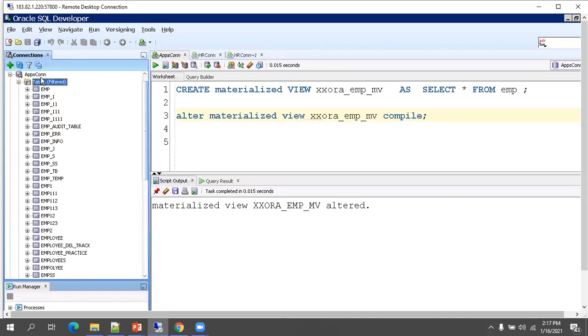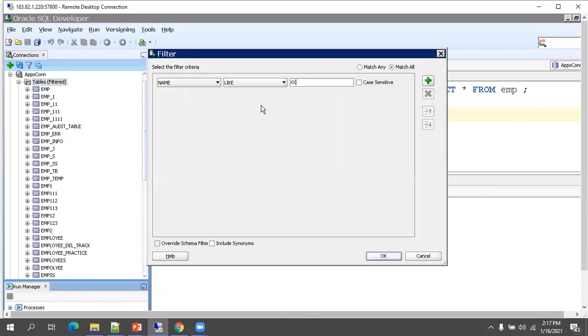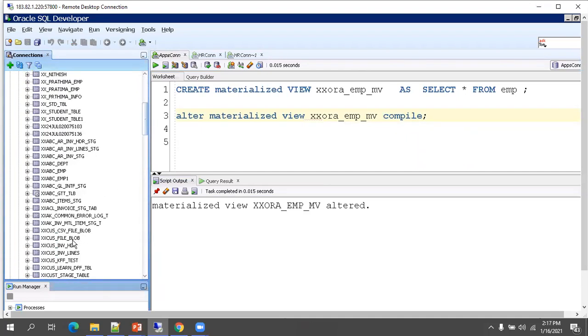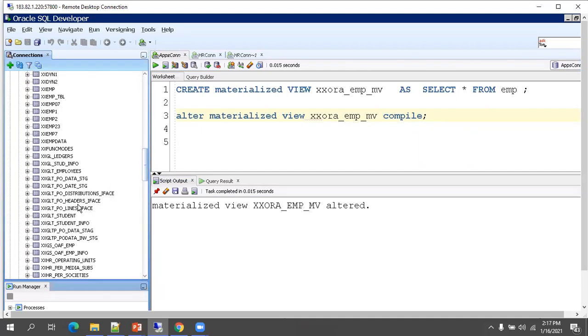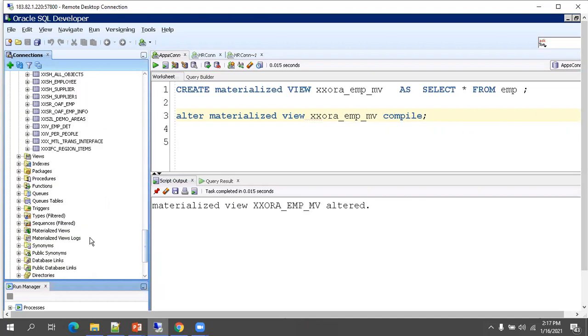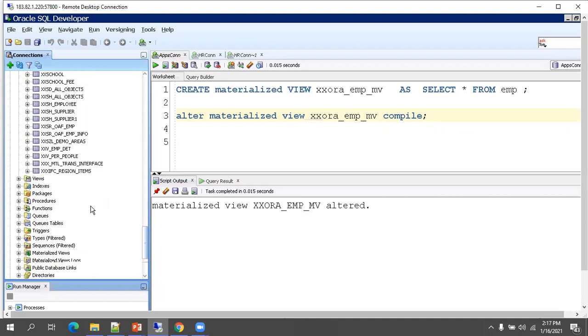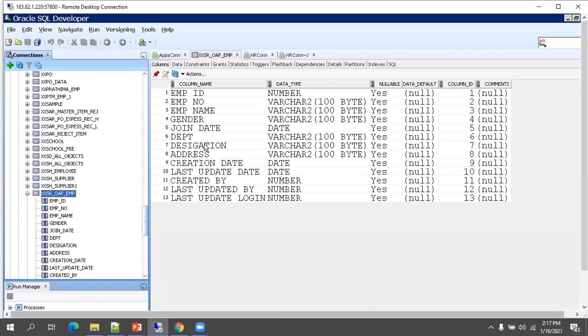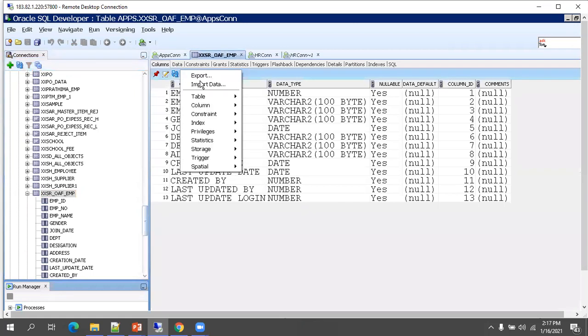Let us say I want to see the table which I created. I'll just say X6 percent. Now let me see the one which I created. Here it shows the list of columns available, and you can see the list of actions it supports.